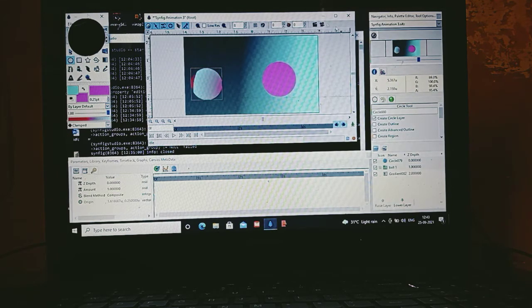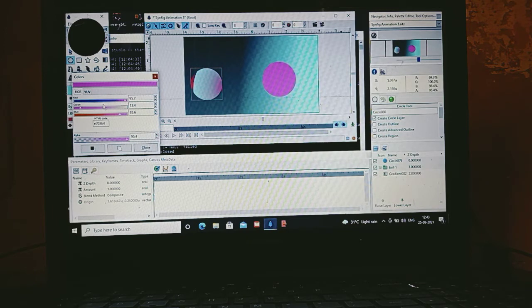Okay, but here I want the color different, because the effect I am giving will remain the same color which I am choosing right now. So here, see, from this panel you can change the color to whatever you want. Okay, yellow. I would like it to be yellow.